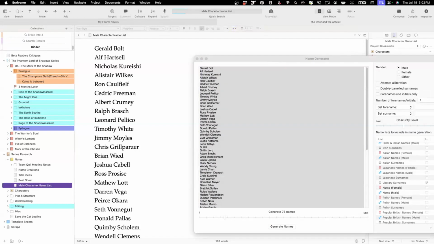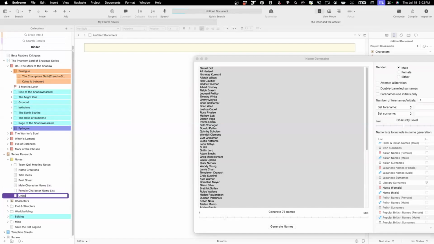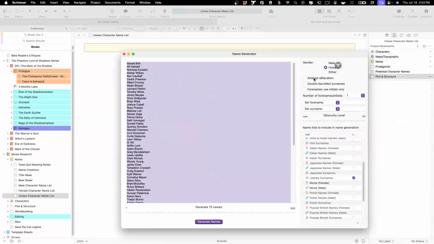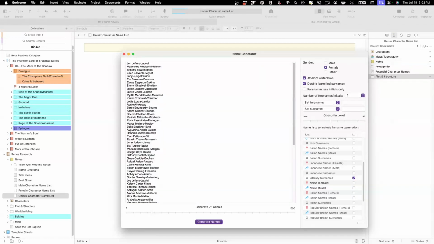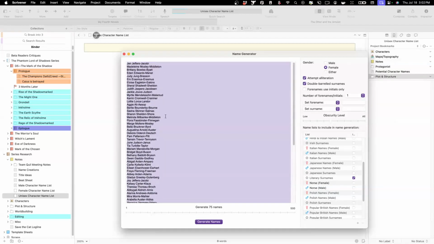And so I could do the same thing again. I could do a female character name list. I could do a unisex character name list kind of a thing. And so we'll switch over to female. This time we'll do attempt alliteration, and we'll do the double barreled so we can kind of see that again, like that. It does make them quite a bit bigger, and there's a lot more to look at there. Copy those over